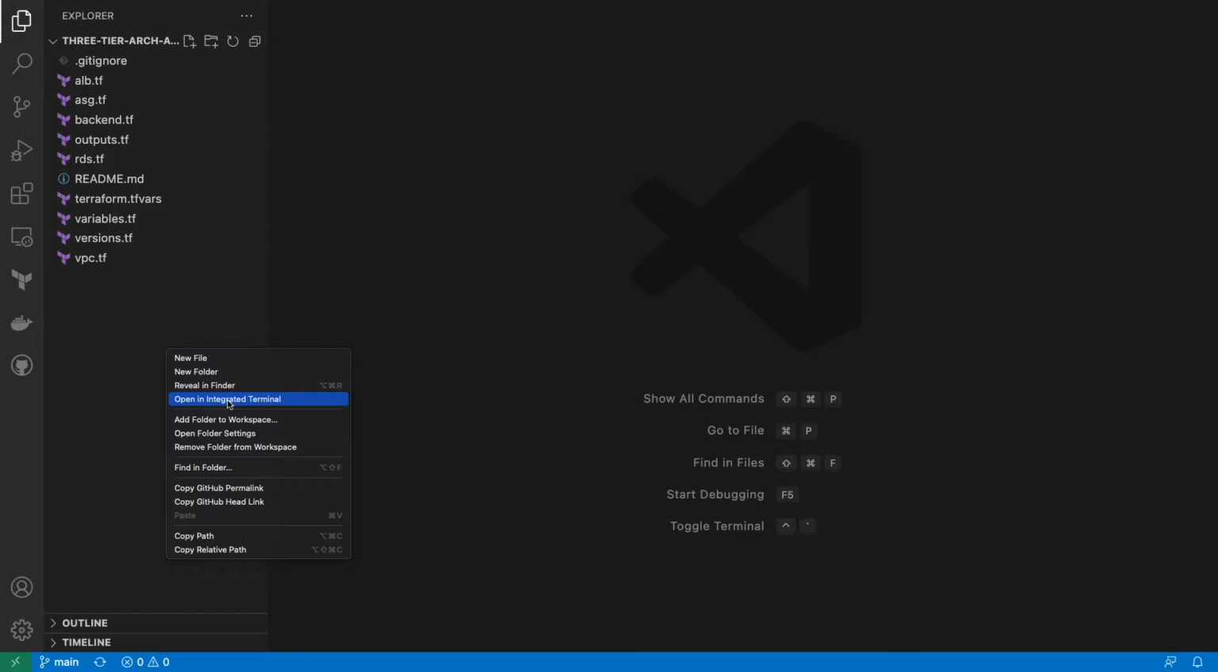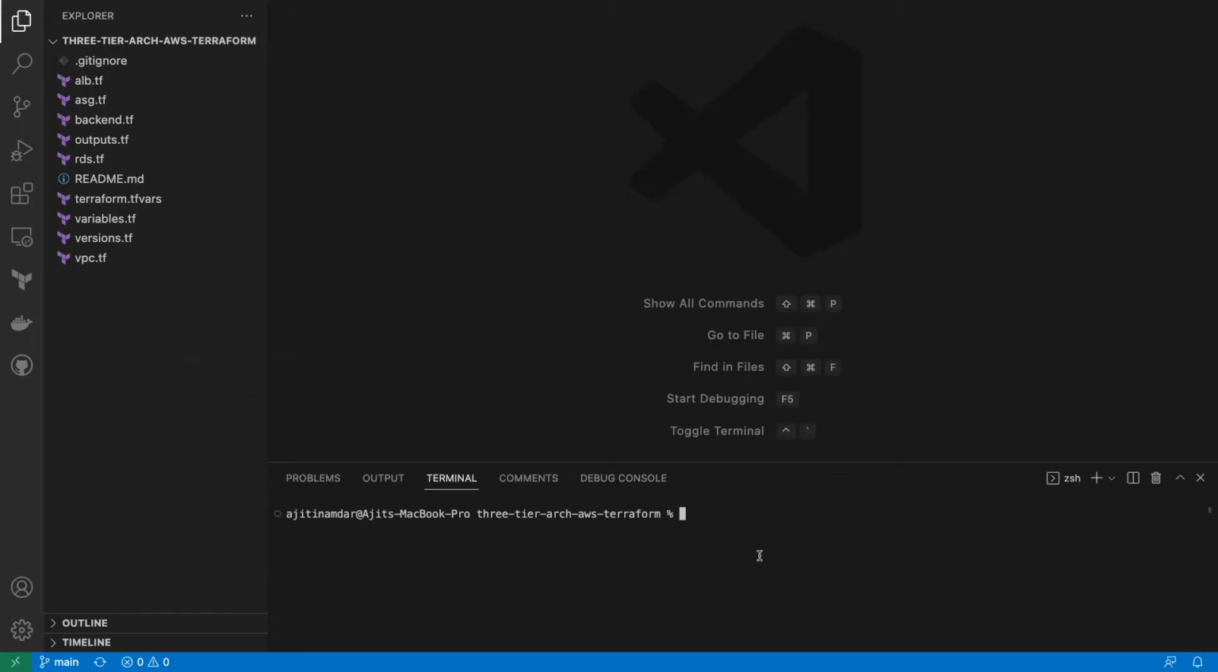Right click on the Explorer section, open the integrated terminal. In the terminal, execute terraform init. The terraform init command initializes a working directory containing Terraform configuration files. This is the first command that you should run after writing a new Terraform configuration or cloning an existing one